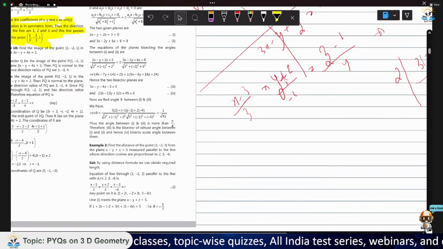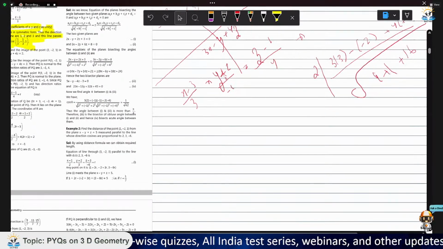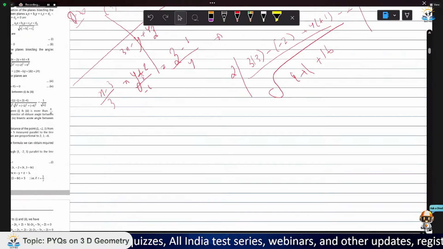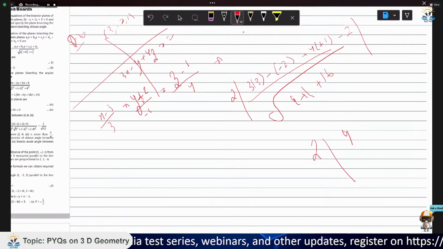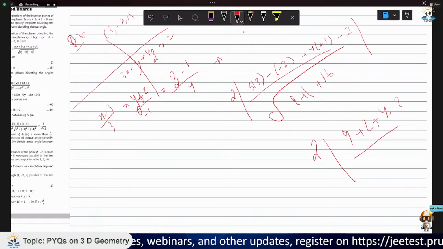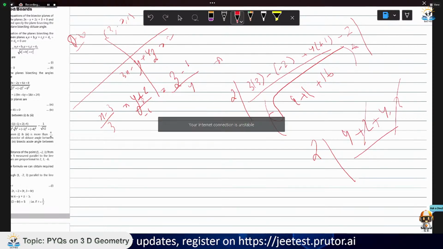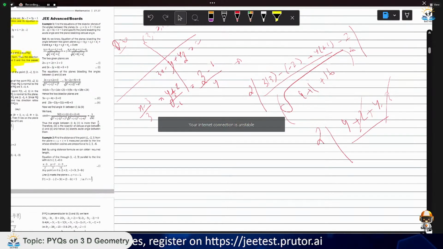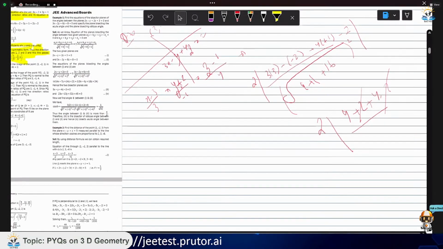Okay, so let me see where am I going wrong. I think there is a problem in calculating R. The R they've calculated is wrong. Or let me check the upper side, what the upper side says. So 9 plus 2 plus 4 minus 2. So this gets subtracted and 13. So yes, it is a whole square here, guys. There should be a square also. I'm giving you a direct formula. So what do we do here is,